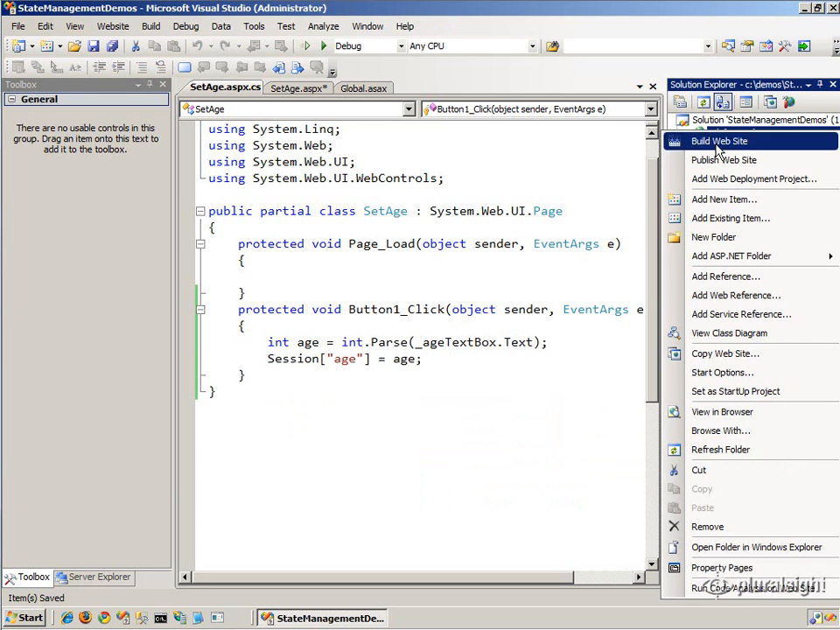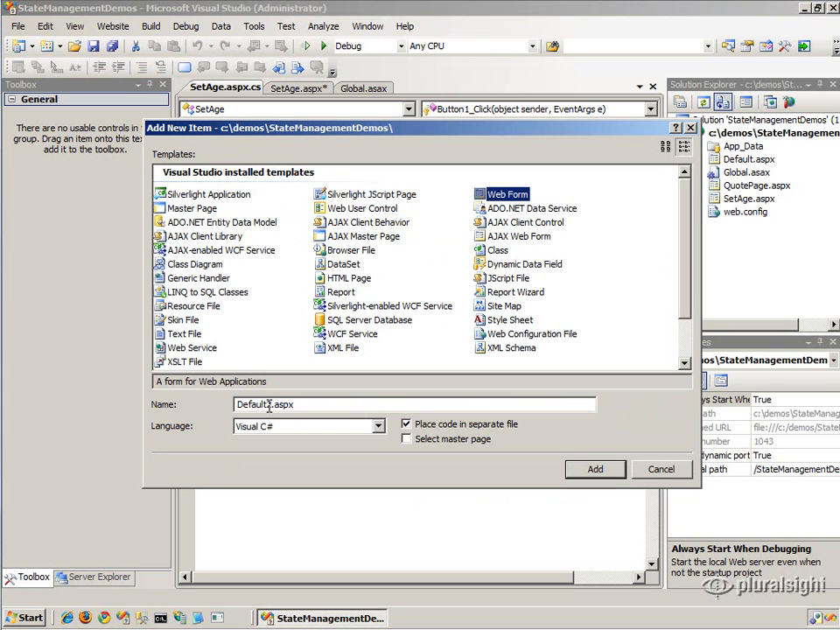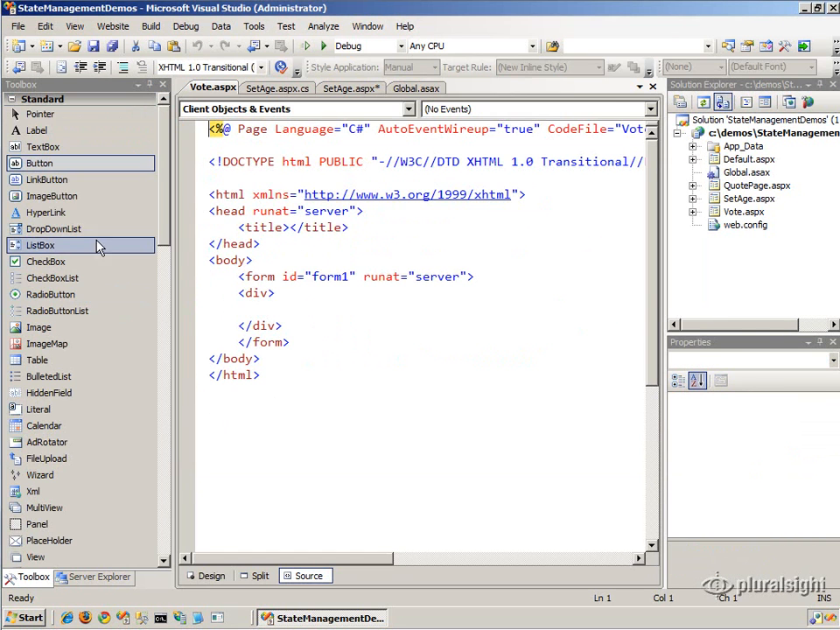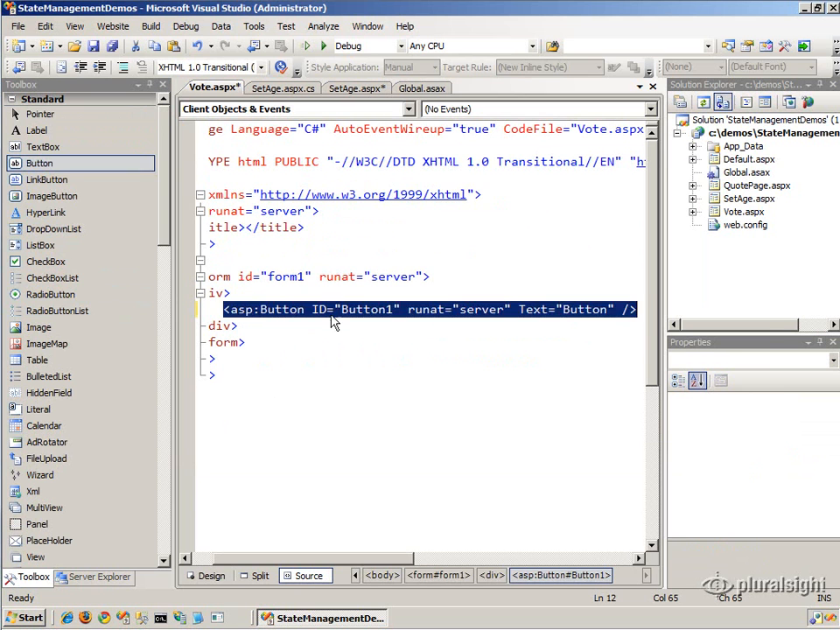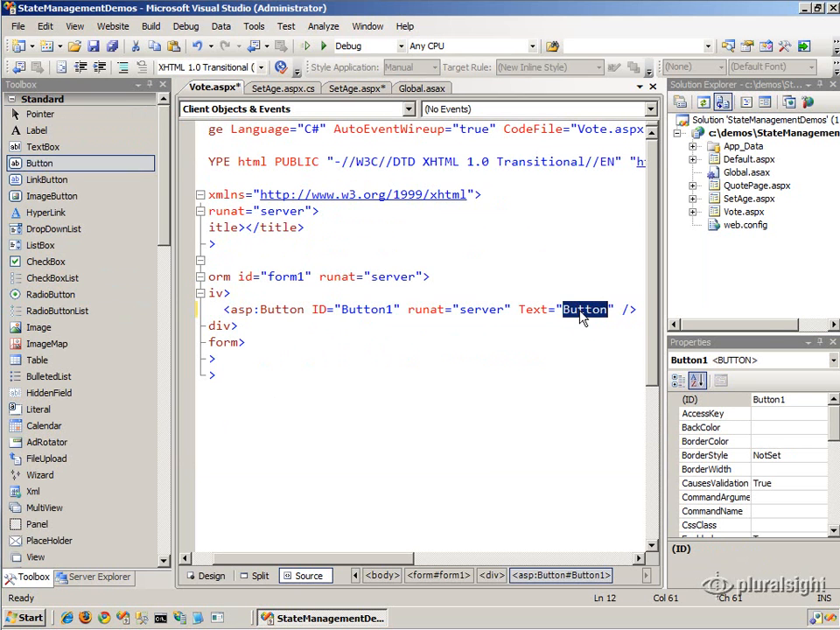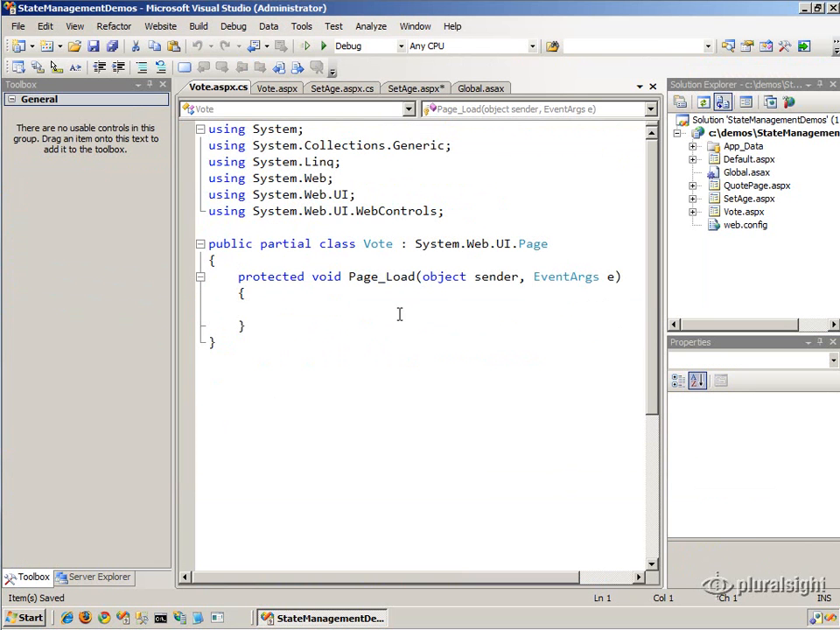Okay, and finally, let's go to one more page, the vote page, let's say. So there's our vote page, and the vote page is going to have a nice button on it that says vote. And what we're going to do is, in our code behind, we'll go check to see what the user's